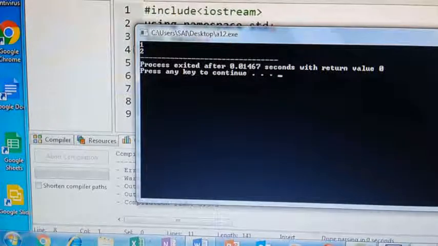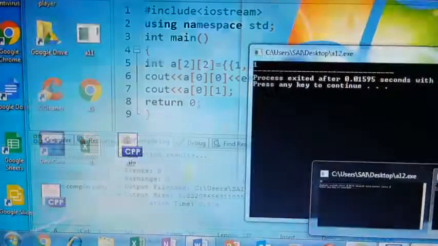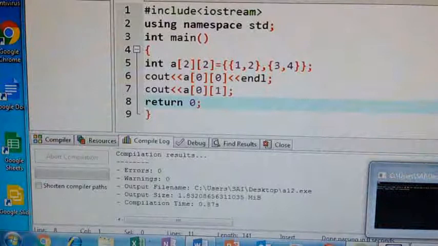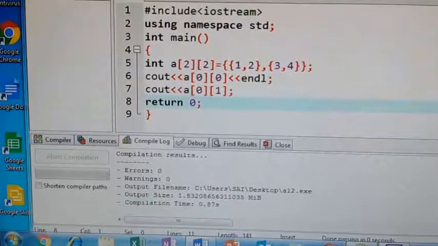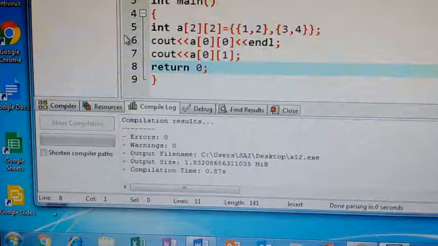Similarly, you can print all the elements, or if you want to print all the elements at a time, you can use a for loop. If it is only a one-dimensional array, you can use only one for loop. But if you have a two-dimensional array, you can use 2 for loops. Now here I am using a for loop.